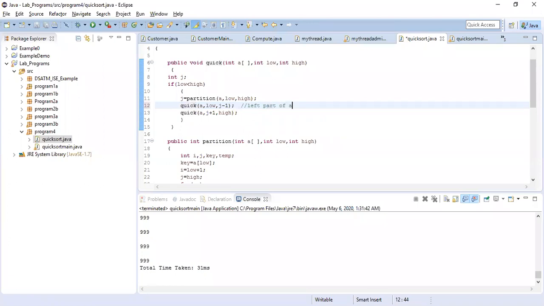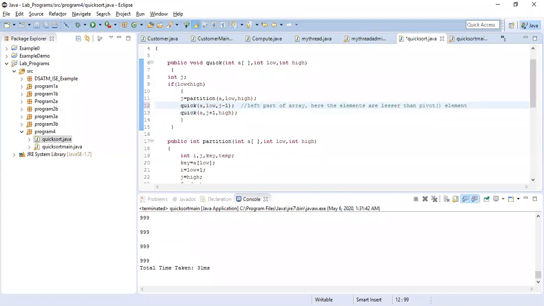Here the elements are lesser than the pivot element. Here the pivot element is nothing but j, the position you searched for. It's a position for you, but anyhow it's an index. You need not worry that it's an index.